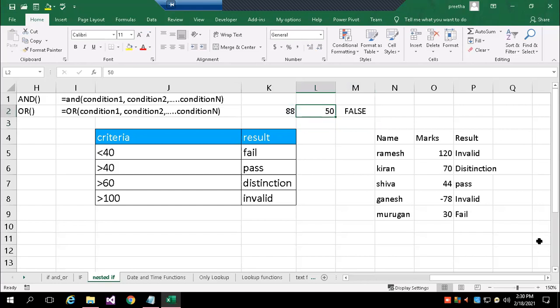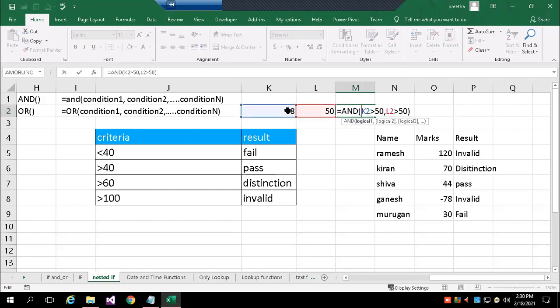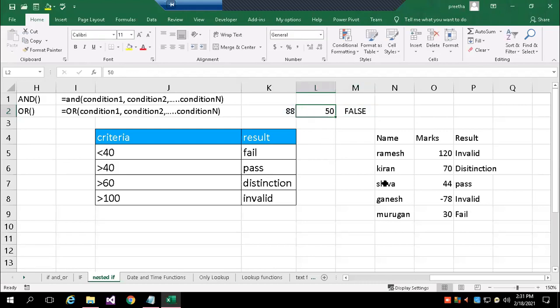So it becomes false. Why does it become false? Because one of the conditions is not true. You are expecting greater than 50 or above. So anything less than 50, if any one of the cells is not true, then it returns false.